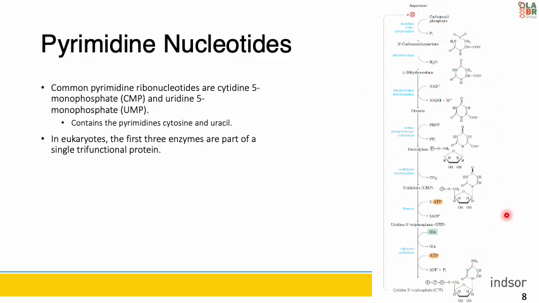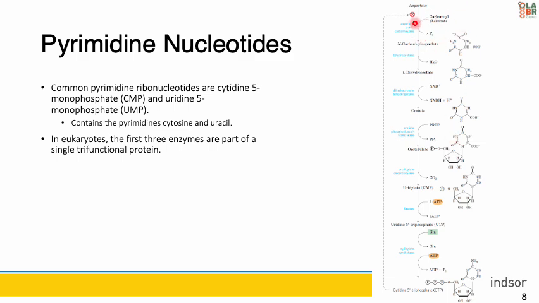So this right here is kind of the pathway of it, and we'll look into it just a little bit in a second. But it is a little bit different, and the main reason why is that the six-membered pyrimidine ring is made first, then it is attached to the ribose 5-phosphate. So you can see right here very quickly that this pathway starts off with some sort of product, then the ring continues to have some modifications, and then finally it's fused to that ribose 5-phosphate. Whereas before, everything was built together right from that foundation of PRPP.